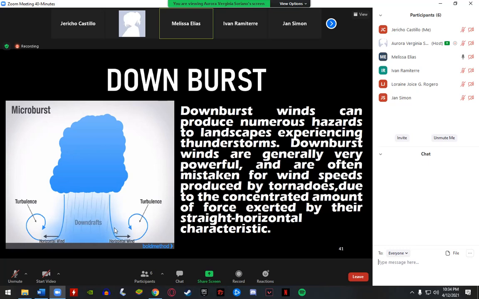The type of downburst we hear about most often is a microburst, which means the damaging winds are confined to an area less than 2.5 miles across. Next,